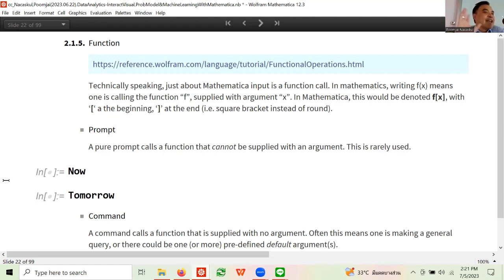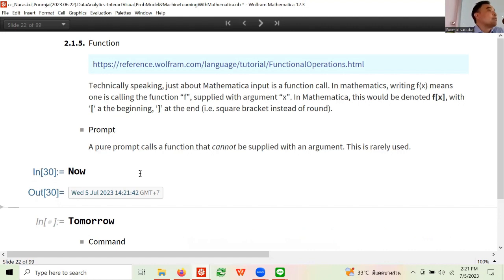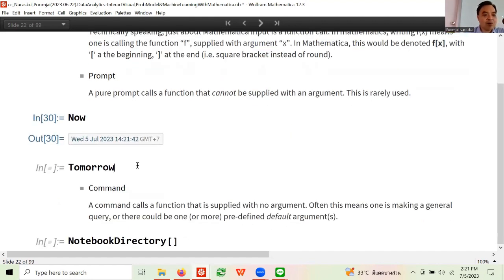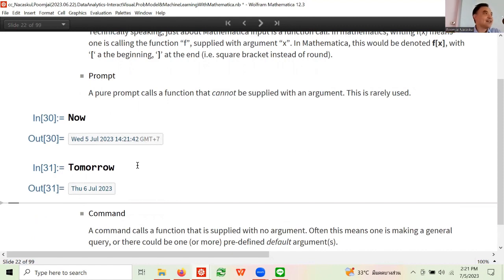A function that says what happens in Copenhagen or something, that's fine. But right now, in this computer's time, there's nothing. So you just write Now. I call this a prompt, because you don't really need to add anything. Same as Today or Tomorrow or something like that, right?